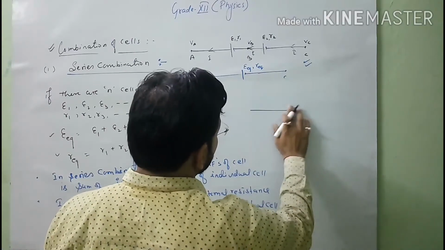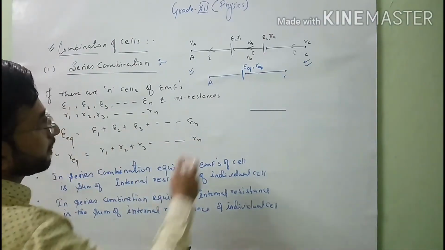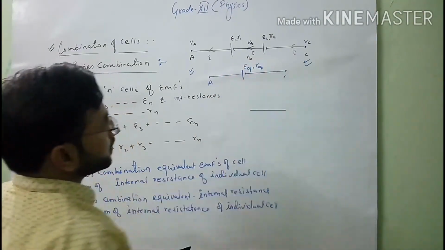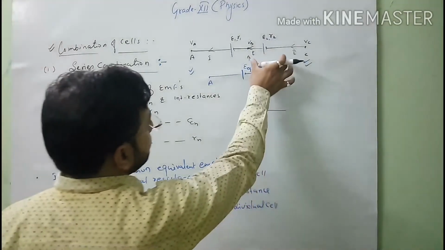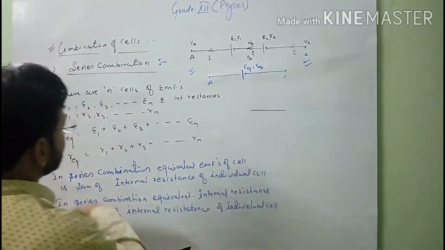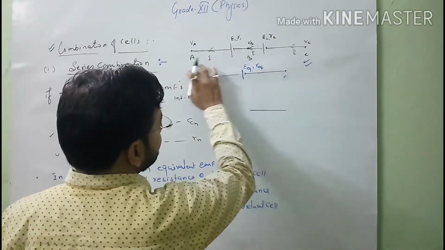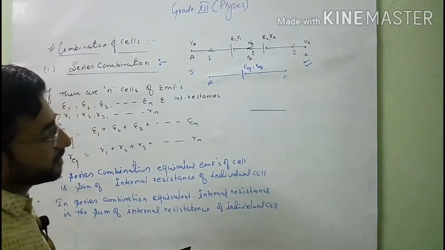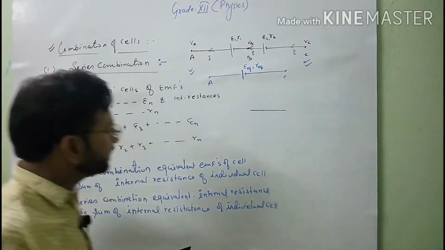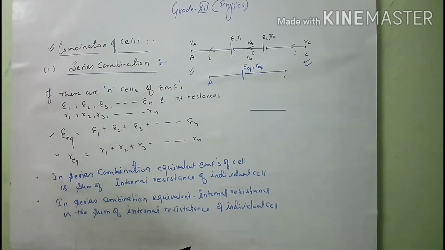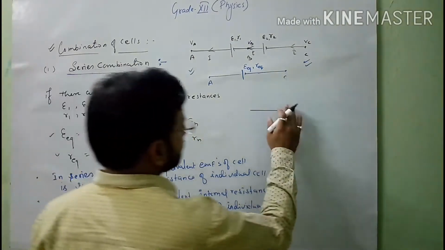So at that time, what is the value of VDC, the potential difference between the terminals, and what is the value of VAC in series combination, and what will be the value of equivalent resistance also. So see,